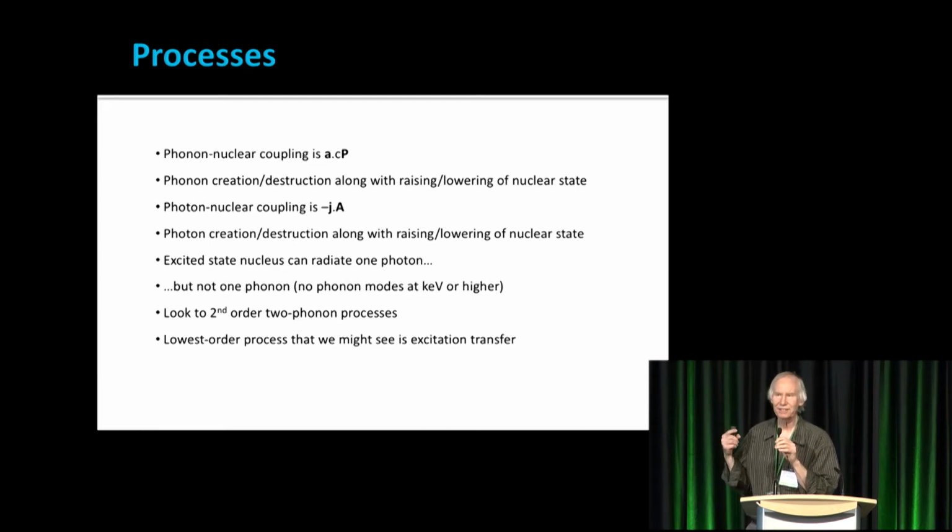Your excited nucleus is probably tens of keV or MeV high, and your phonon modes are 50 millivolts or less. So one-phonon processes, one-phonon decay, doesn't occur. So the question is, is there anything that happens that you can actually see? And the answer is that you have to look for multi-phonon processes, and the lowest order one of interest is